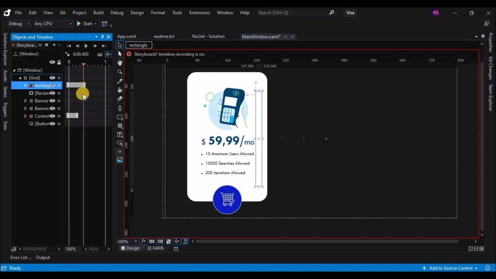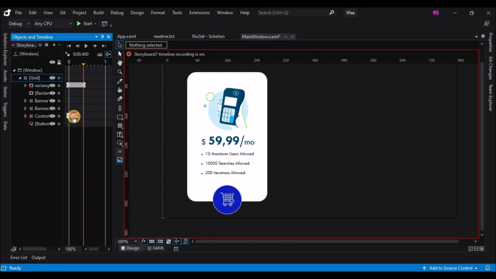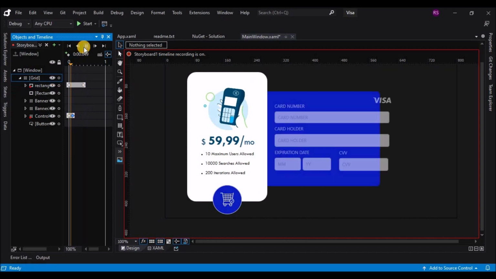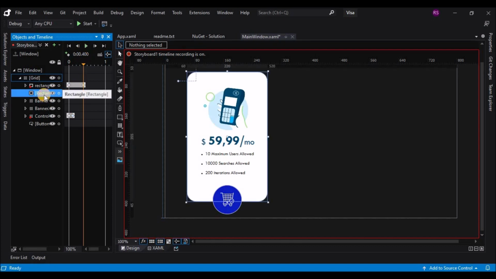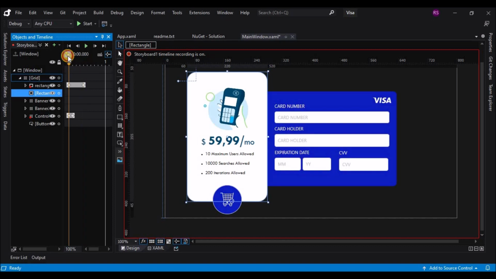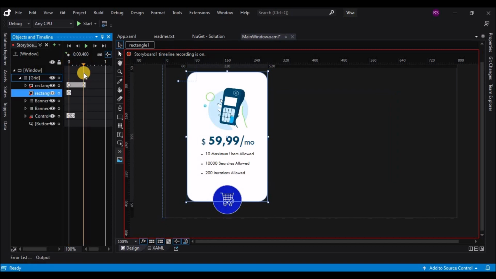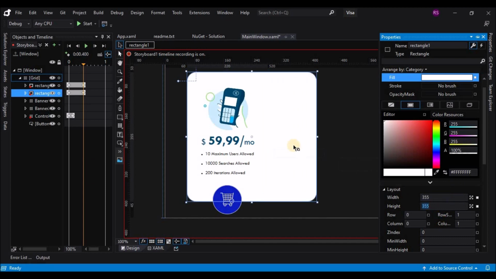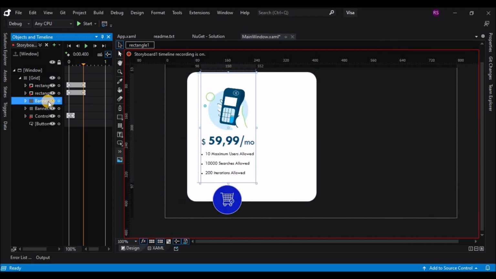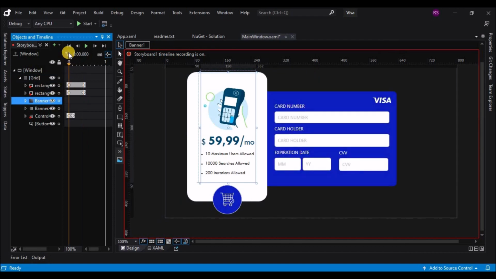So the controls opacity we have changed on the 0.1 keyframe, and the rectangle's size we have decreased on the 0.4 keyframe. Now for the second rectangle, let's add an empty keyframe and change the size on the 0.4 keyframe.